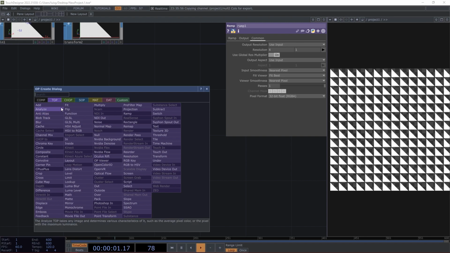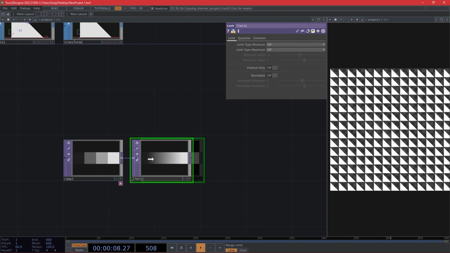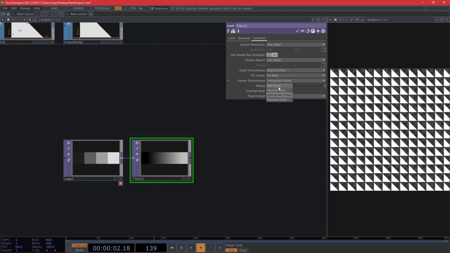After this ramp, we need to use a limit because we need to quantize those values, and we need to quantize dividing the full range from 0 to 1 divided by the number of pixels that we have. So 1 divided by 4, and here we need to change to floor. Okay, so now we can also change here to nearest pixel, and you can see that we have 0 to